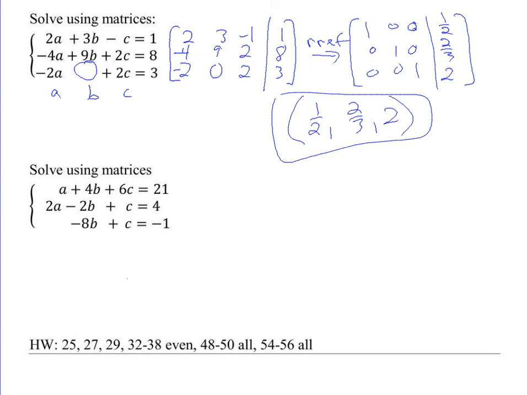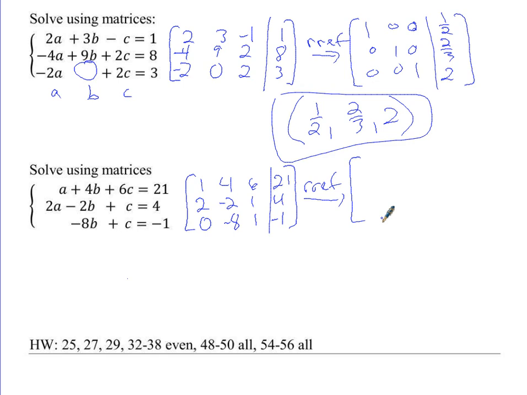So we need to write down the coefficient matrix, which is what? 0, negative 8. Okay, so we have to show that on our paper. Then we have to draw the arrow over and write what? RREF. That helps to remind us that that's the code that we need to type into the calculator. And when we do that, we have to write down the answer matrix, which looks like this. 1, 0, 0, 0, 1, 0, 0, 0, 1, the bar, and then the answers are